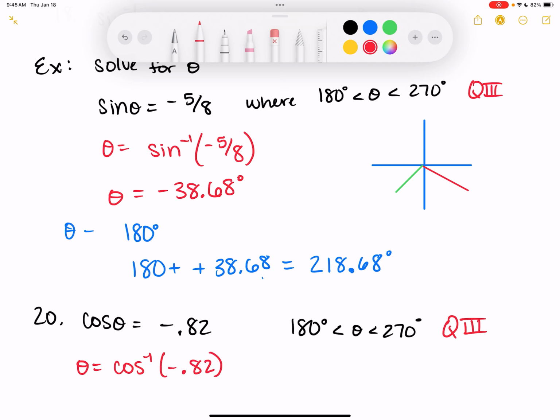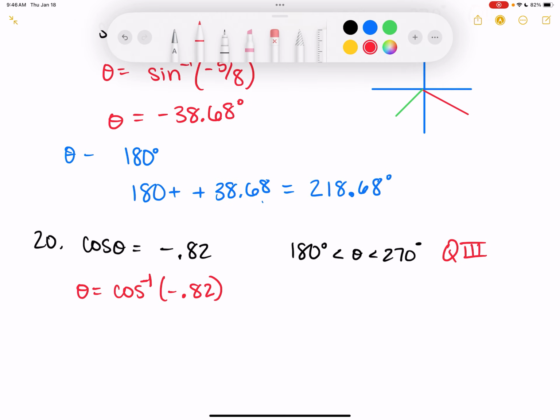The top. So I'm going to have to move it from the top down to quadrant 3. So inverse, and we need to make sure we're in degree mode. Inverse cosine of negative 0.82 is